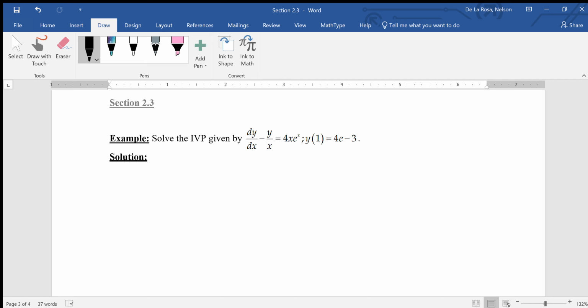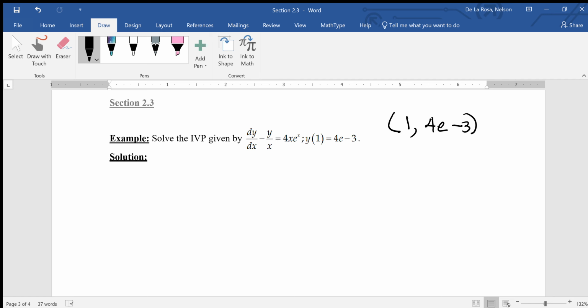In this example, we have to solve the initial value problem. Remember, an initial value problem is given by a differential equation and a condition. Remember, this condition here, y at 1 is equal to 4e minus 3, is equivalent to the pair 1 comma 4e minus 3, right? Okay, well, first of all, we have to find the solution of the differential equation, and